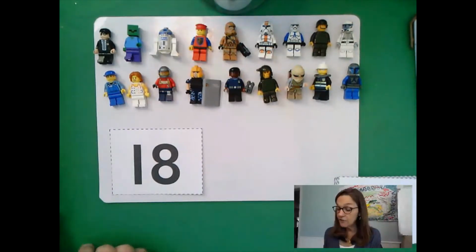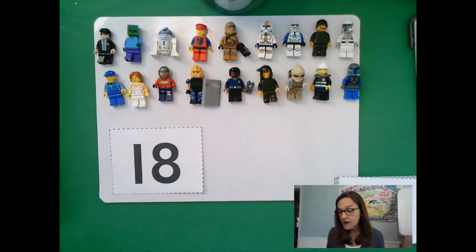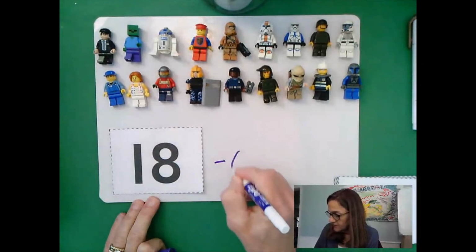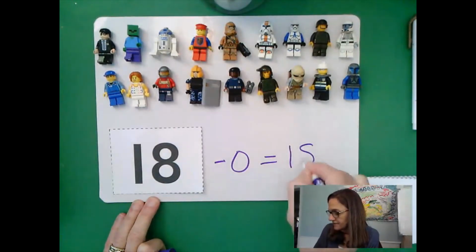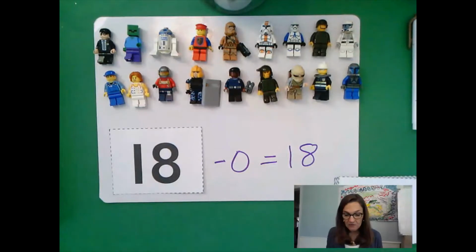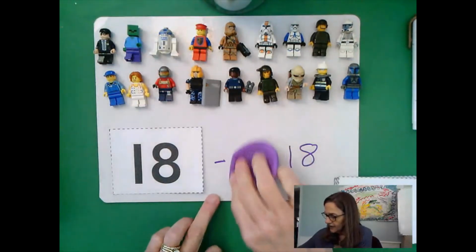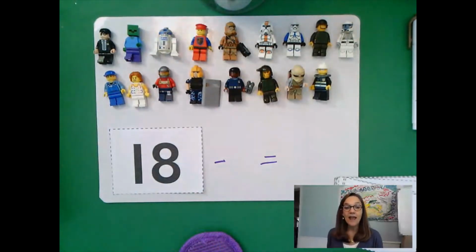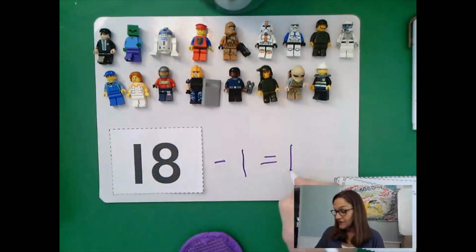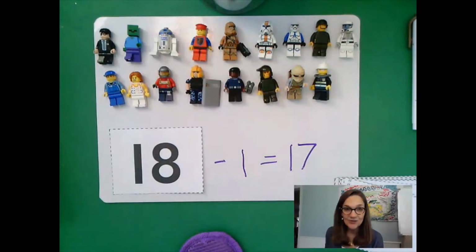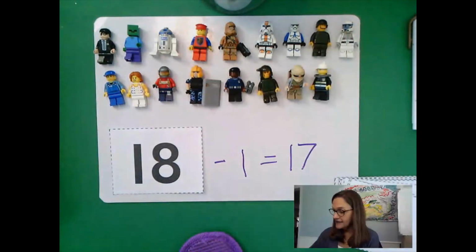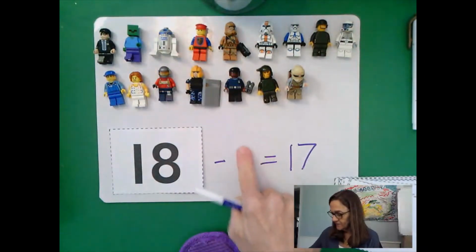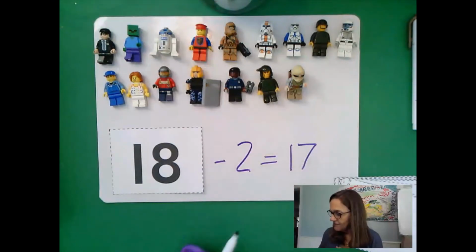Well, we know that if we have 18 and I take away none, then we still have 18, right? Okay, if we have 18 Lego characters and I take away one, now we have 17 Lego characters. If we have 18 Lego characters and I take away 2, now we have